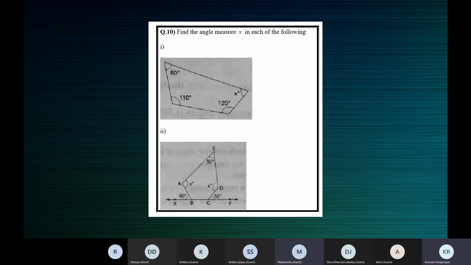Yeah, just a minute. We are just talking about something else, Madhumita. What is the sum of all the exterior angles? 360 degrees, ma'am. Why so much thought you have to give to this, children? Sum of all the exterior angles in any polygon is equal to 360 degrees. Whether it is a quadrilateral or a pentagon, whatever polygon, the sum of all the exterior angles is equal to 360 degrees.